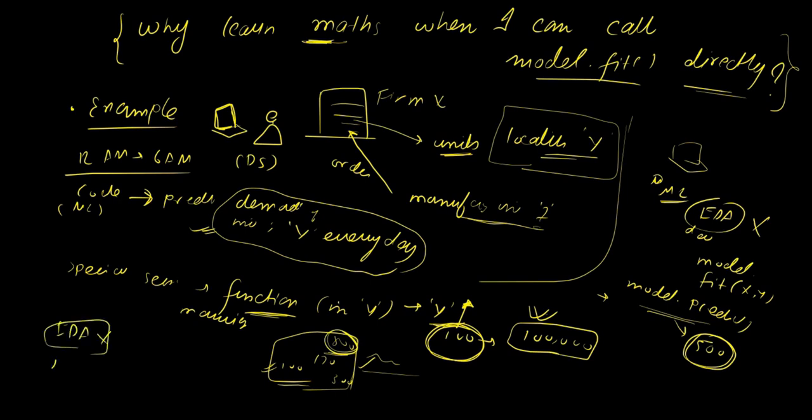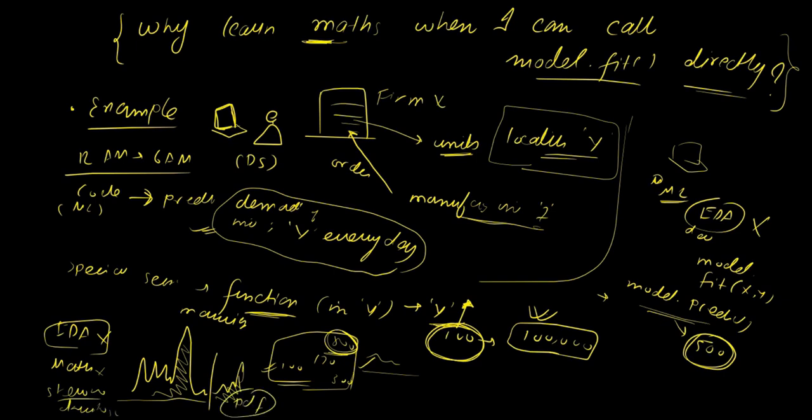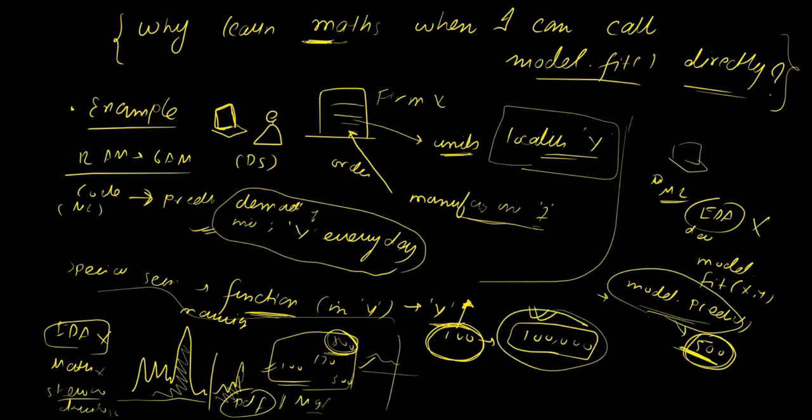You did not apply any maths. You did not see what type of distribution the units currently follow and what might occur in the future. You did not take into consideration skewness, kurtosis, the probability density function of this distribution, the marginal density function. You did not see anything about this. And since you did not do any EDA, your model failed overnight. You ordered 500 parts, and the actual requirement was 100,000, and you lost a major customer.